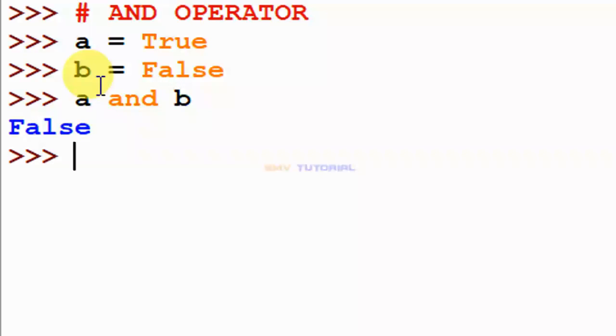Next, I check this condition where both variables are True. What result does it give?